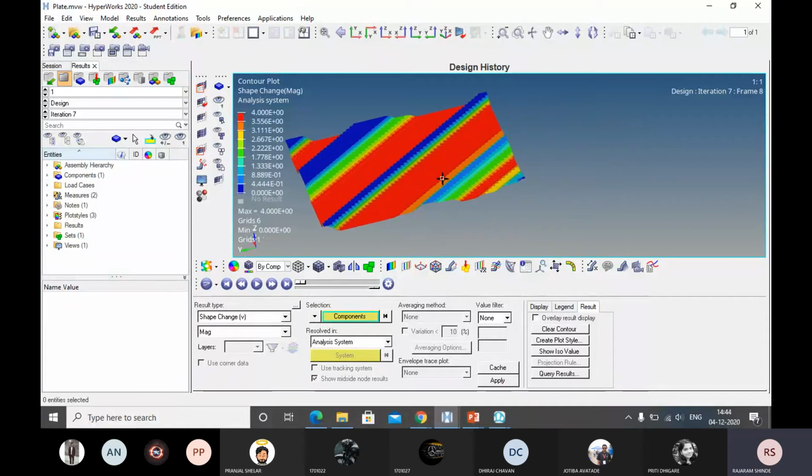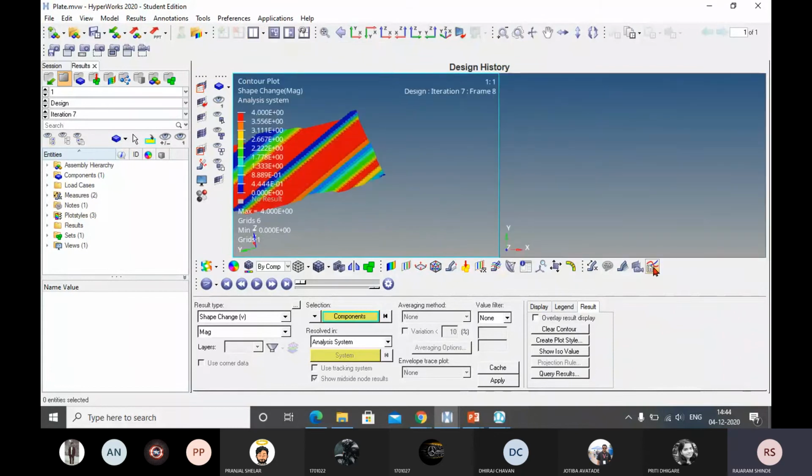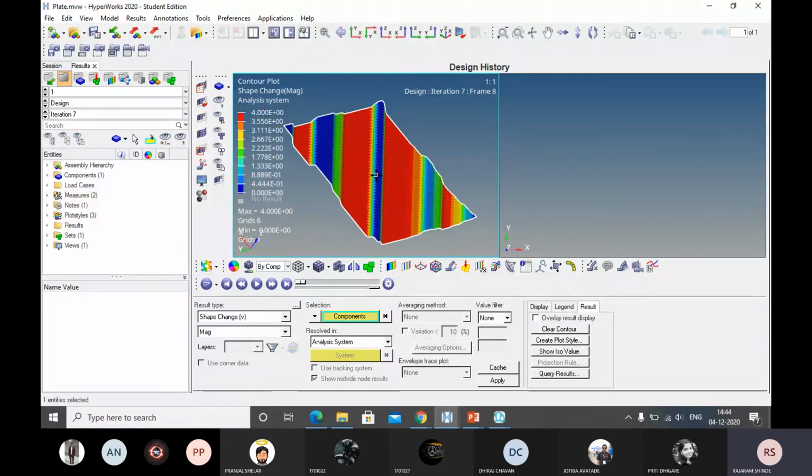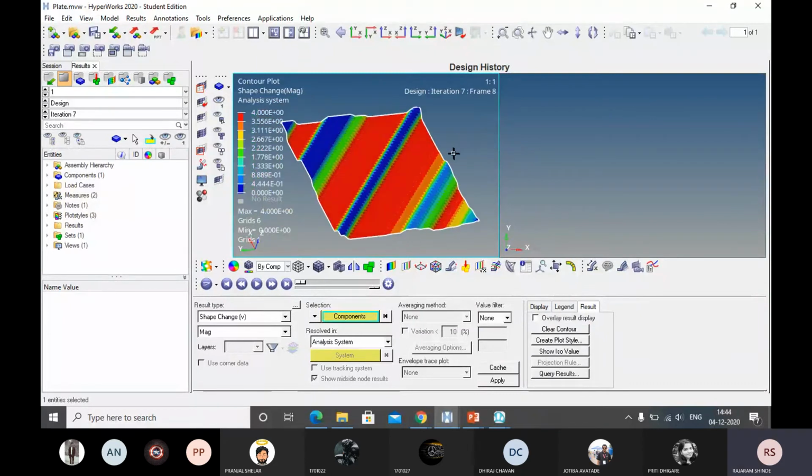Now I will check the stresses and strains on this. I will go to the new window. In this window, you see this shape. If I go to this one, it is good for manufacturing. It is manufacturable.